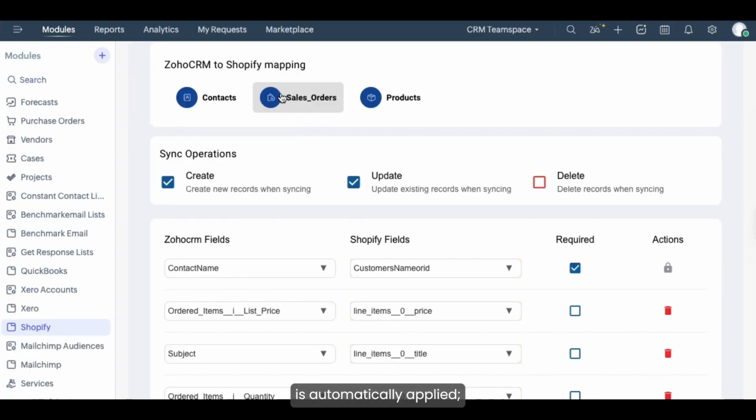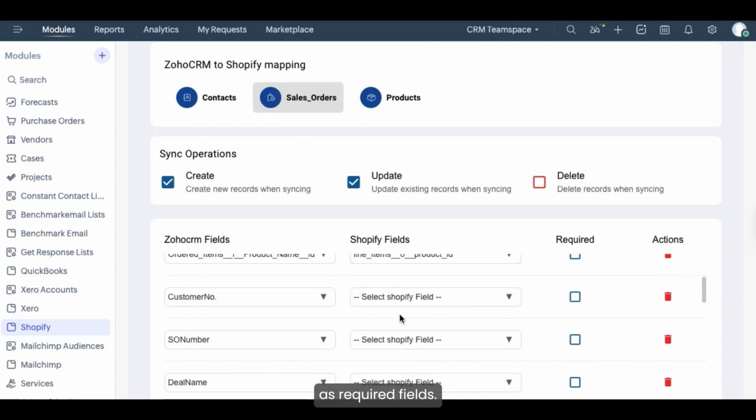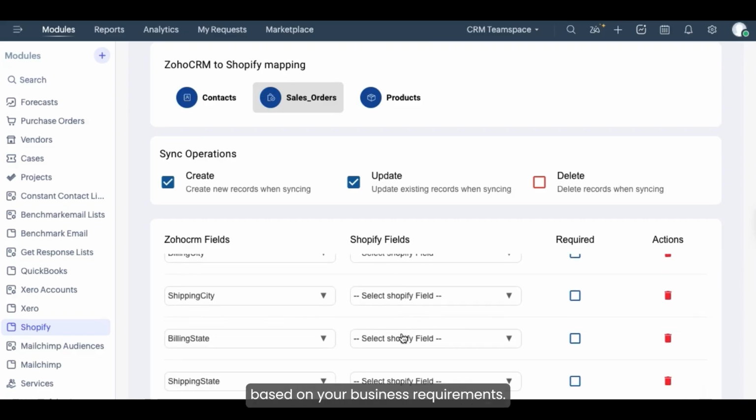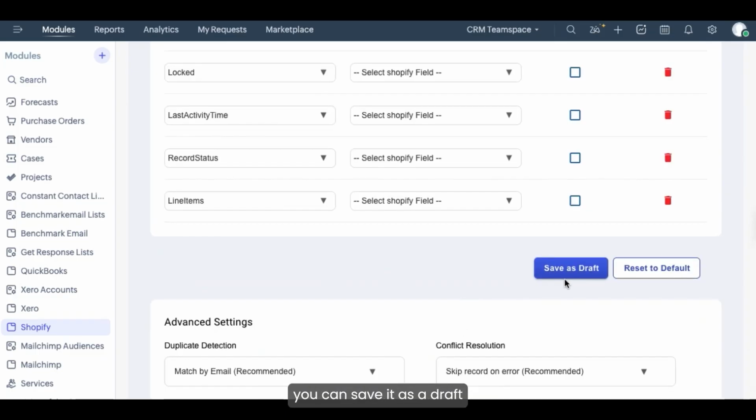The default mapping is automatically applied, however, you can customize it by editing fields or adding new custom field mappings. The mandatory fields required by Shopify for syncing are automatically marked as required fields. If needed, you can also choose additional fields to set as mandatory based on your business requirements. Once your mapping is complete, you can save it as a draft and revisit it later, or reset to the